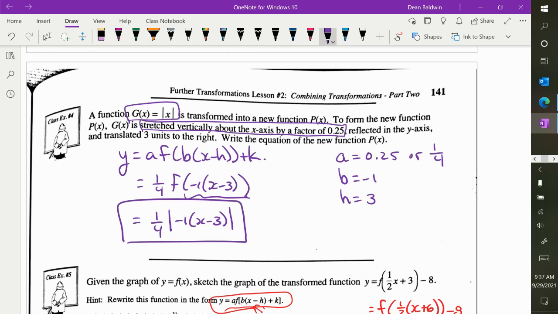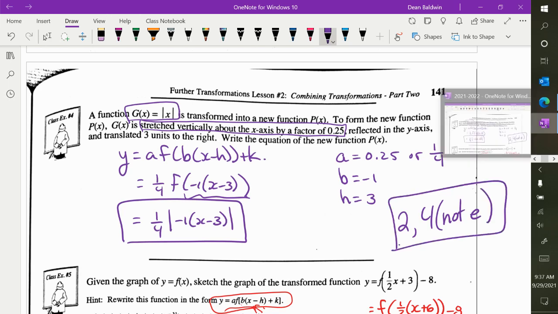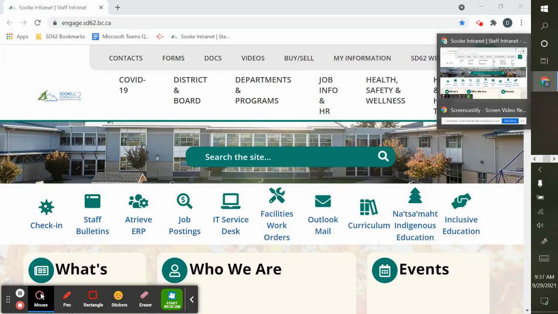How's that? All right. What I would like everybody to do is question number 2 and 4, but on number 4, don't do E. You're just gonna do it just to